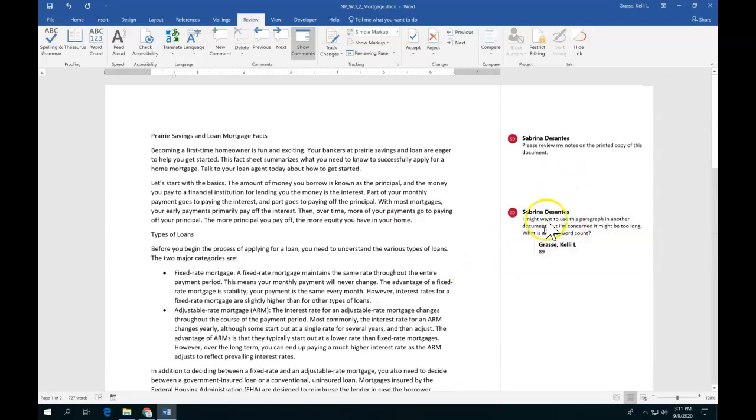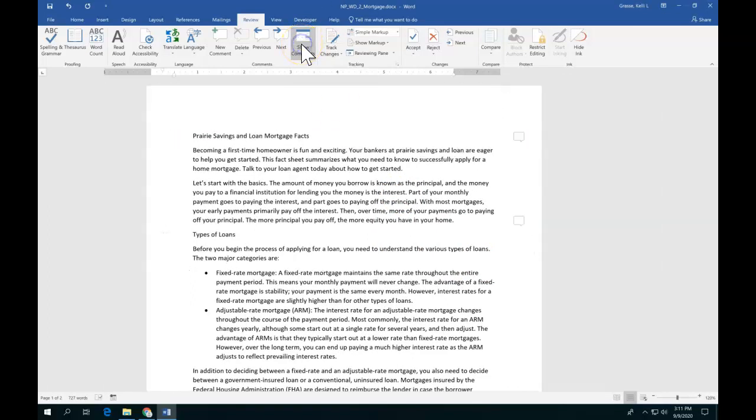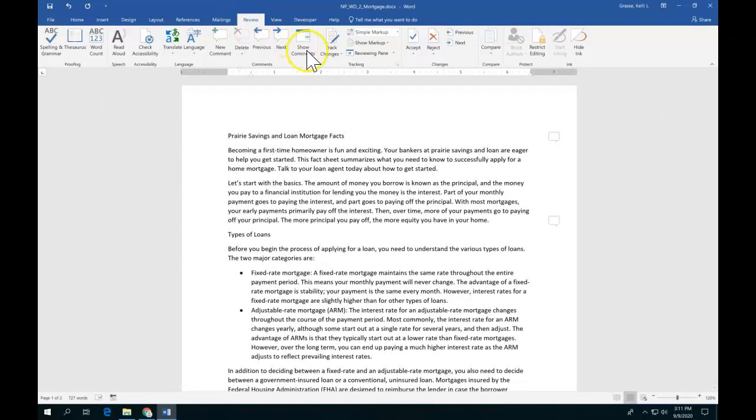And again, these are showing out in this right margin because I have show comments turned on. If I don't want those to be on, I can hit show comments again under my review tab, and then they are just these bubbles here. Okay, next thing,